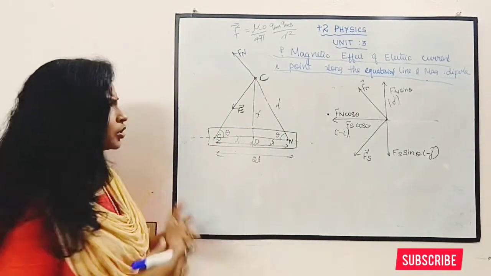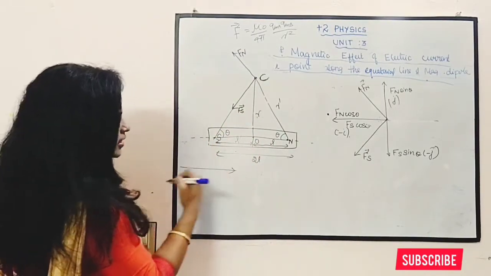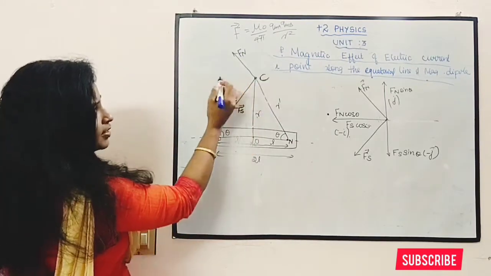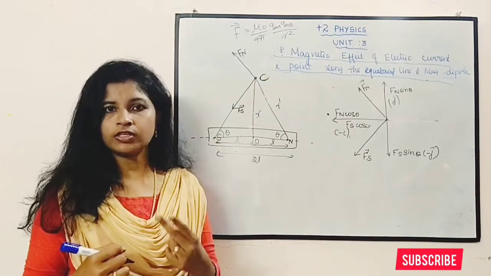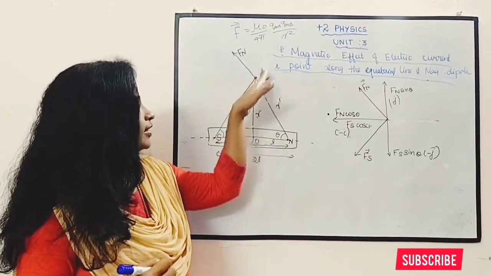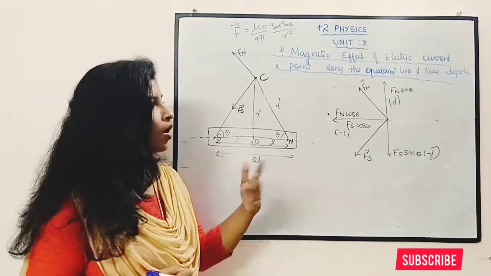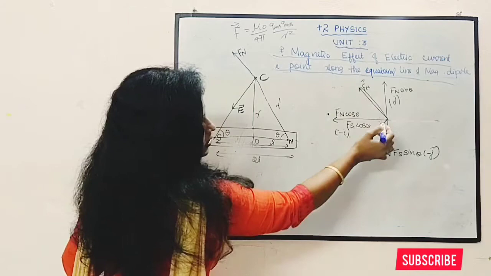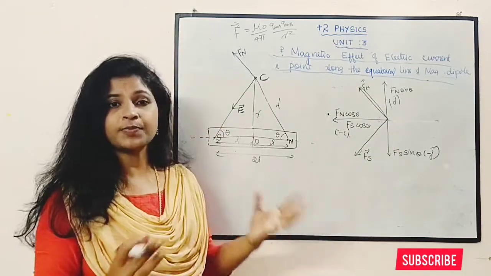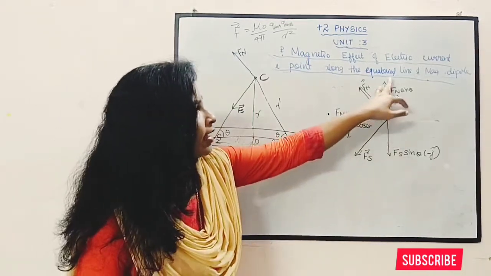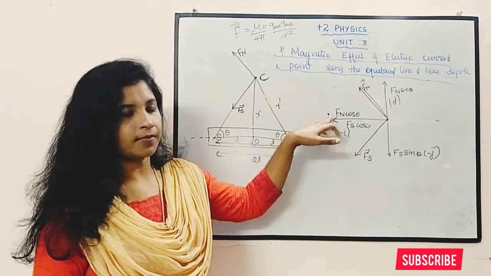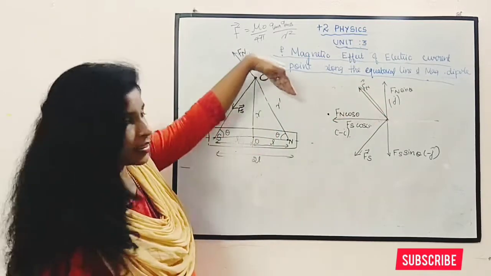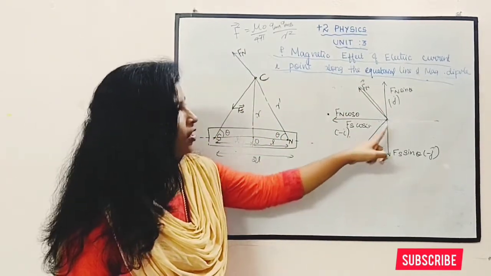In the axial line we could simply take this as Fs and this as Fn, but here it is like this. When we find the resultant, we have two components. This is your repulsive force and this is your attractive force. When I split it into two components, it becomes Fn sin theta and Fn cos theta. Whenever we take this direction, it is plus j. Whenever we take this direction, it is minus, this is i, so minus i.